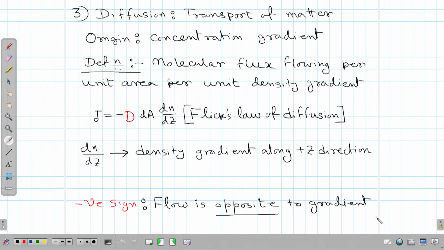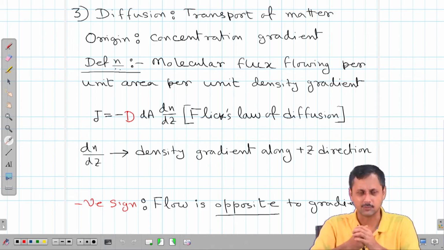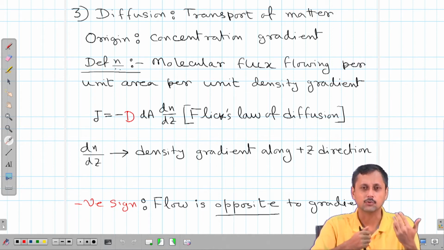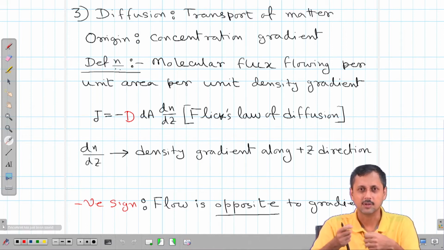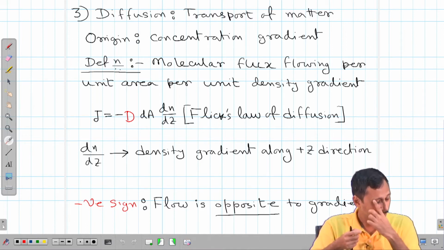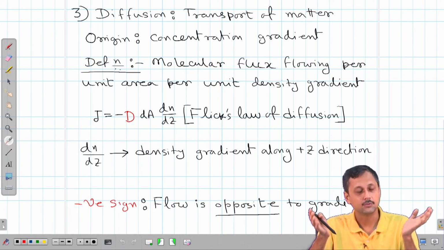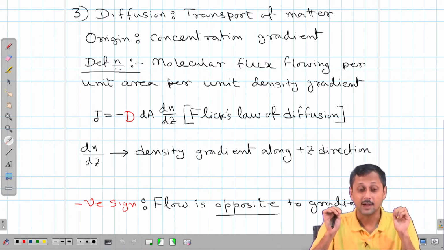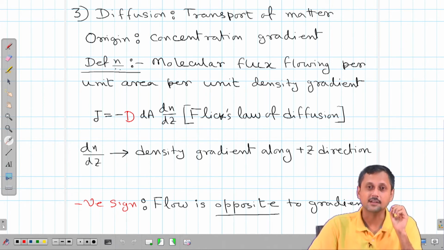Let us say, I think on the very first day of discussion of mean free path, I gave you one example where I have a perfume bottle, a small perfume bottle, I open it up and eventually the smell propagates along this room. Everywhere in the room you can smell it. You know that happens when in your household some puja is going on or some fragrant sticks are being lit. So, eventually the entire house is full of that smell, and that is very obvious, and that is where the concentration gradient comes into the picture.